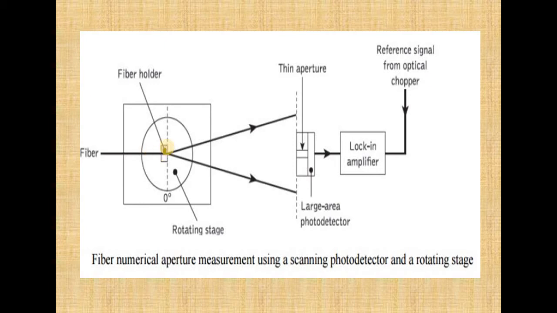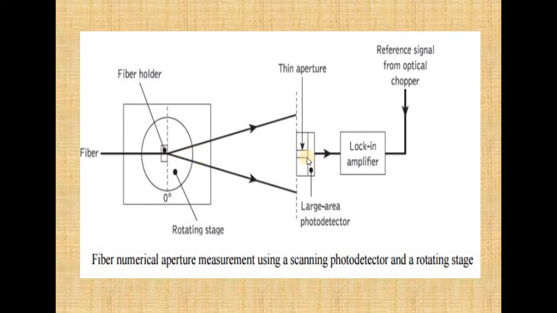The fiber output end is positioned on the rotating stage, with its end face parallel to the plane of the photodetector input, so that the output is perpendicular to the axis. Light at a wavelength of 0.85 micrometer is launched into the fiber at all possible angles using an optical system. That is used in the spot attenuation measurements.